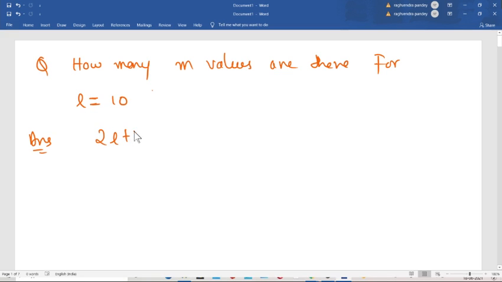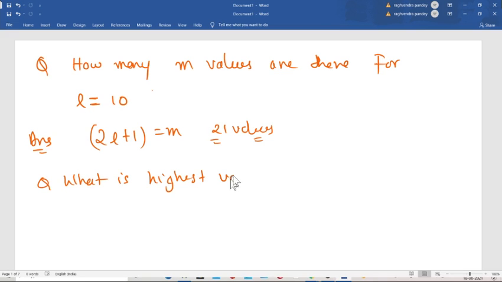Okay, so 2L plus 1 is equal to the number of m values. L is 10, so 2 times 10 is 20, plus 1, so that is 21 values. You can just calculate it. Okay, what is the highest value of m in this? Suppose...